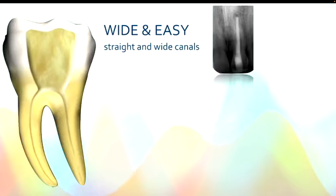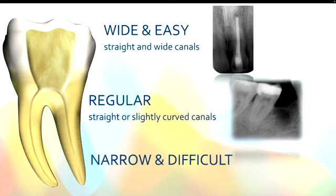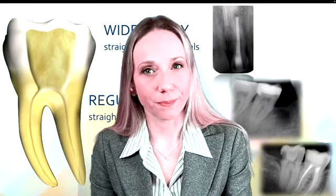Preoperatively, we have to decide and establish what kind of tooth we are treating. In wide and easy canals, so those canals that are extremely straight with no curvatures and broad diameters, it's obvious that in such anatomy the glide path will not make the difference, because we can arrive straight to the apex with rotary files of a large taper. So it's not the case. But when we are in regular cases with straight or slightly curved canals, and even more when we are in narrow and difficult cases, so those canals that are extremely thin or calcified, or canals with single or double curvatures, there is where the glide path makes the real difference